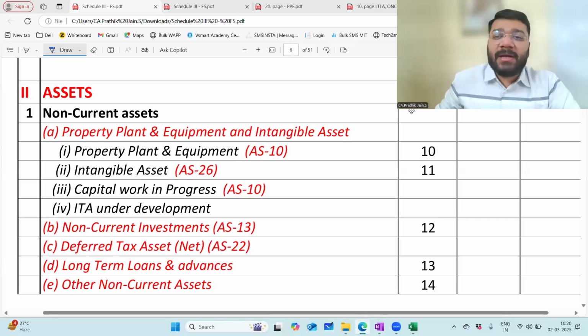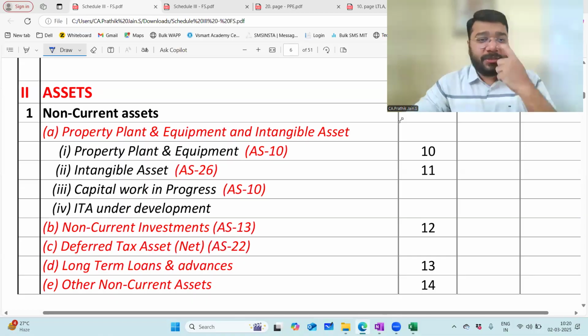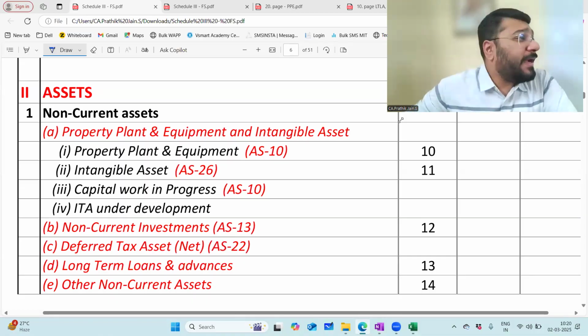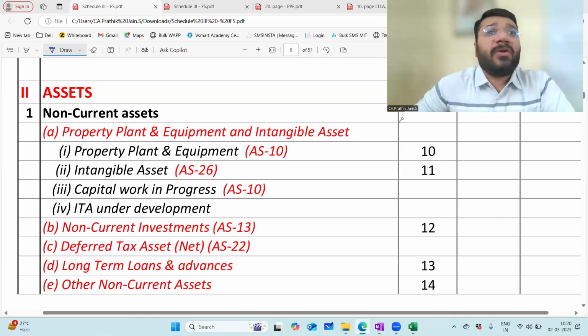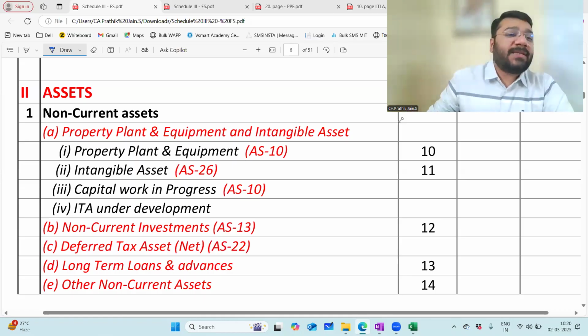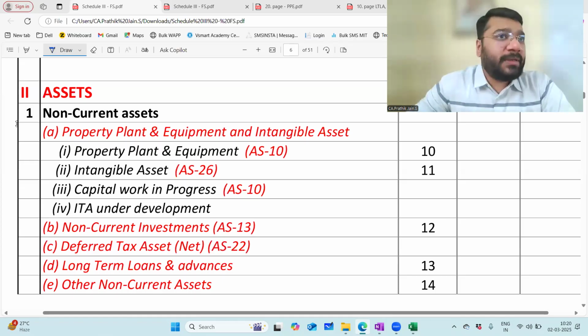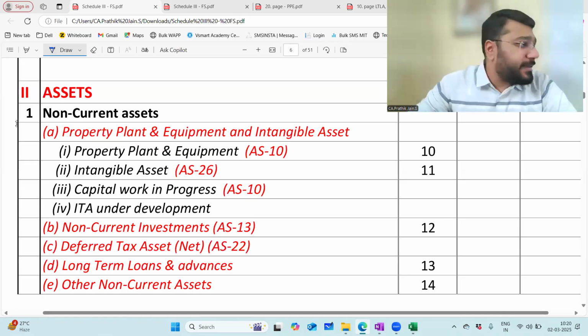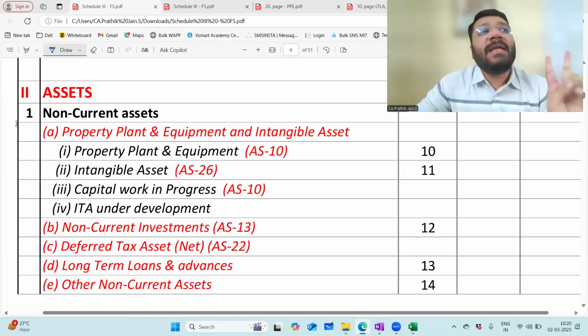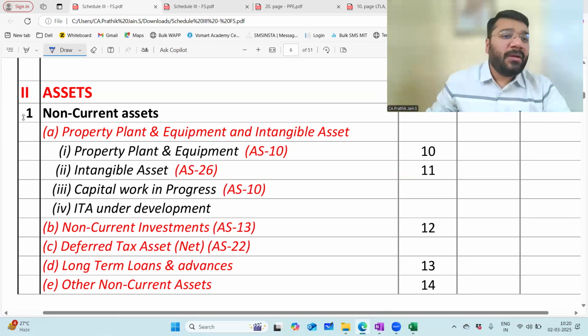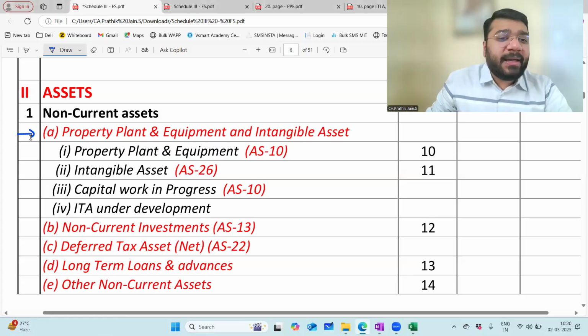So, guys, we're doing this chapter called Final Accounts of a Company. In the last class, we completed the discussion of the equity and liability part of the balance sheet. Today we'll head forward to discuss the second half of the balance sheet, which is assets. Assets are broadly classified into two categories: non-current asset and current asset. Only two broad classifications. Under non-current asset, the first items to discuss are property, plant, and equipment